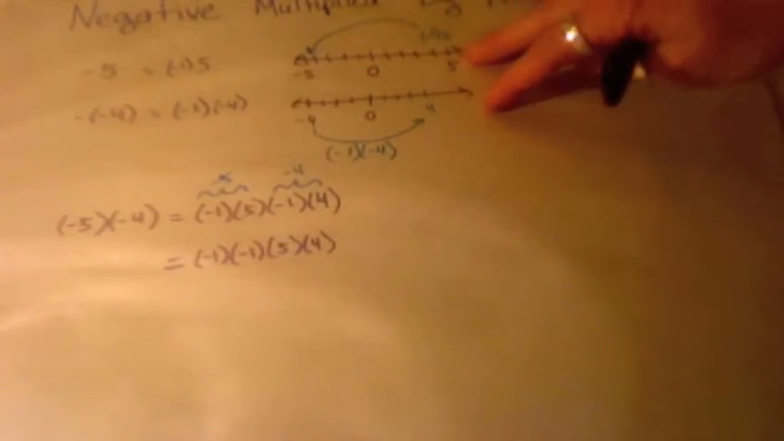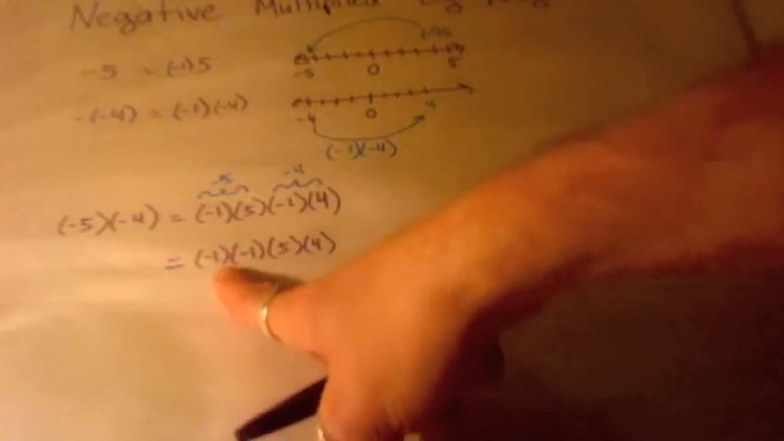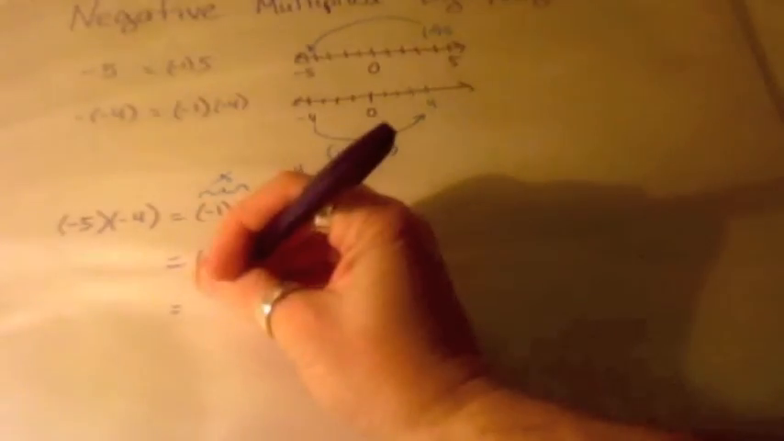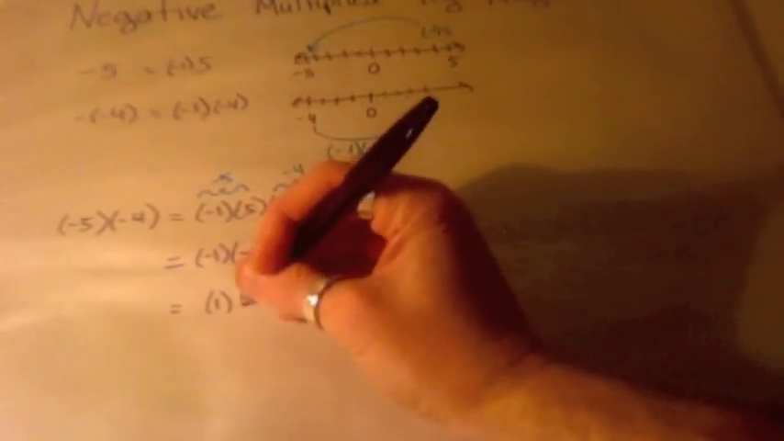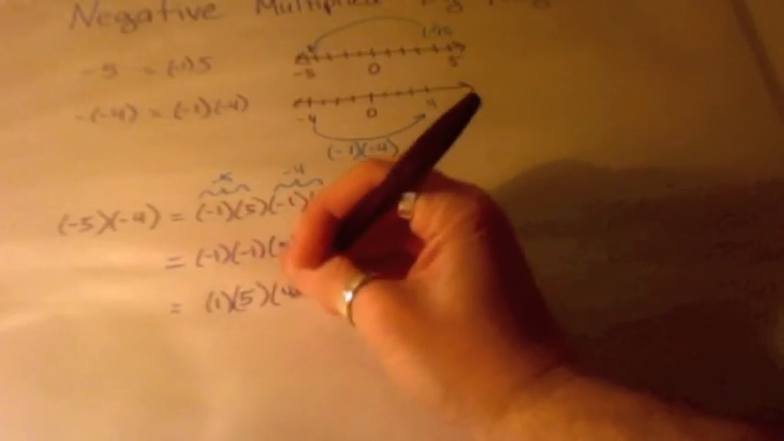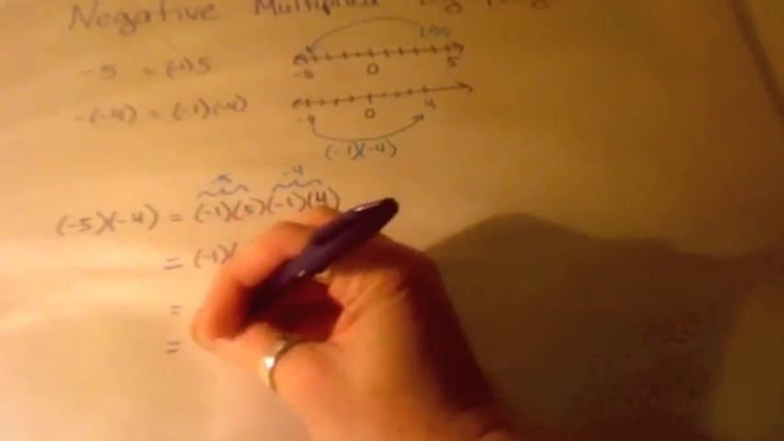Now, based on what we discussed up here with the negative numbers, what is -1 times -1? Well, when I multiply a number by -1, the value of the number stays the same, but either it goes from positive to negative, or it goes from negative to positive. So -1 times -1 is going to be 1. And then I still have the 5 and the 4. And when we multiply those all together, we get 20. But the important thing here is what resulted when we had two